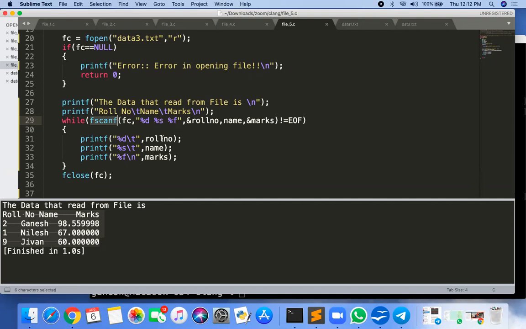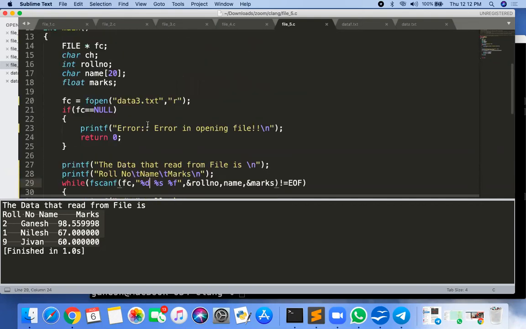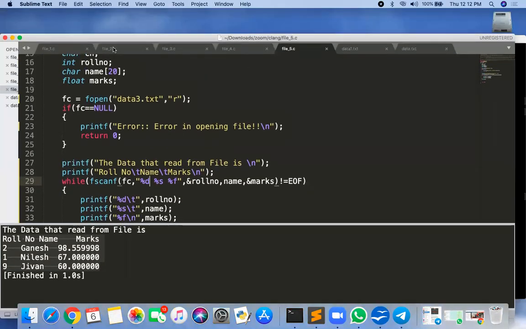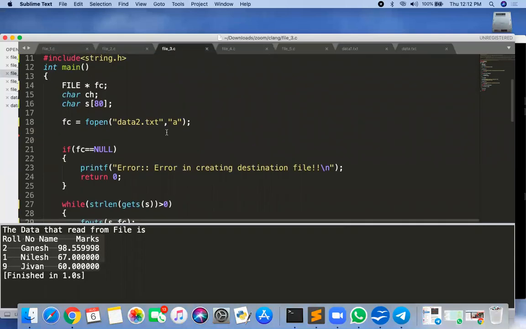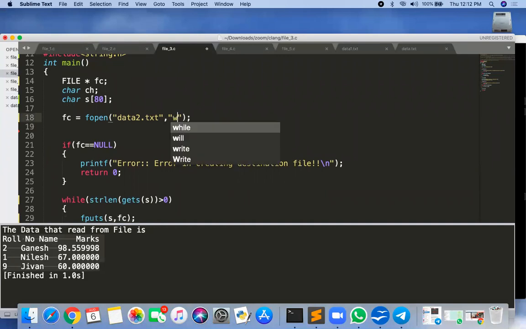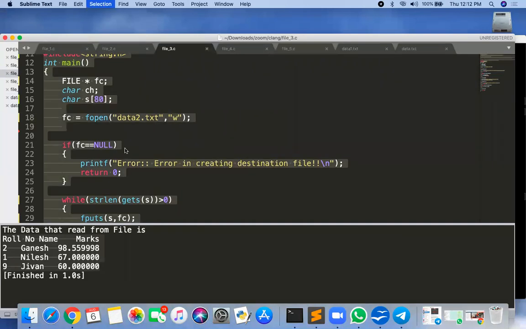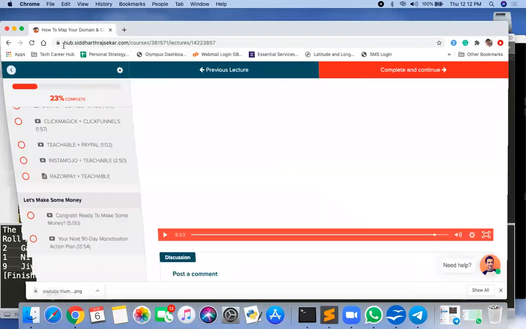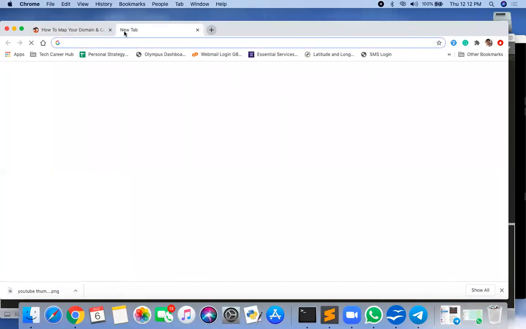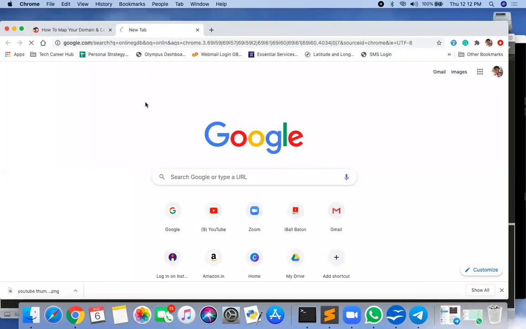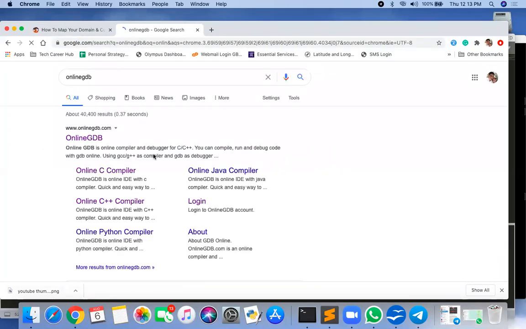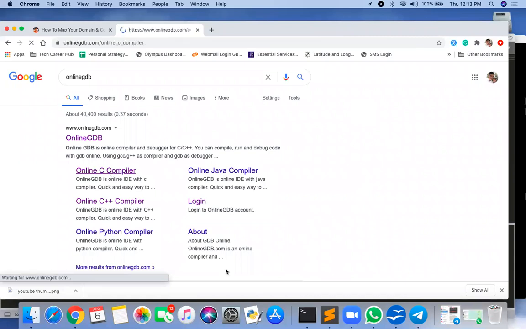Yeah, but actually I don't know whether file operation works there or not. We'll check it right now. Online GDB, online C compiler.